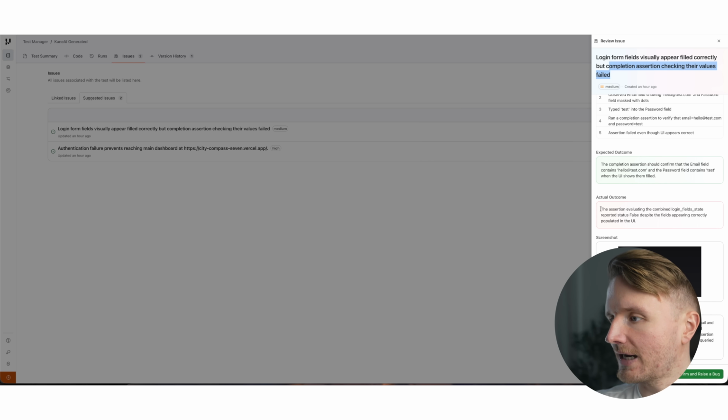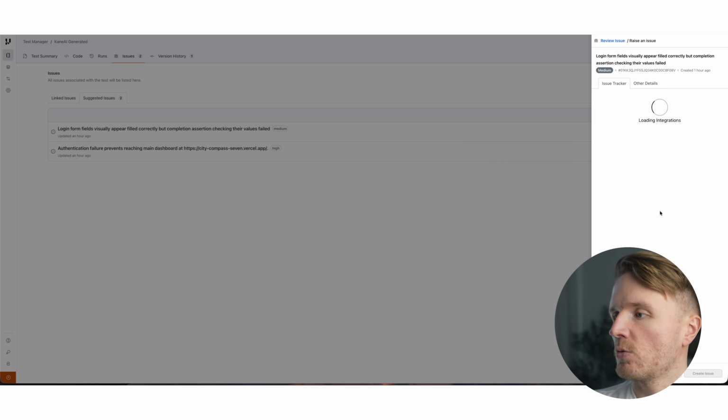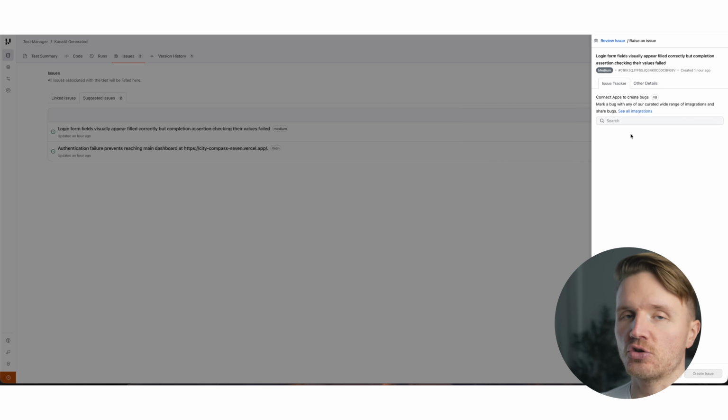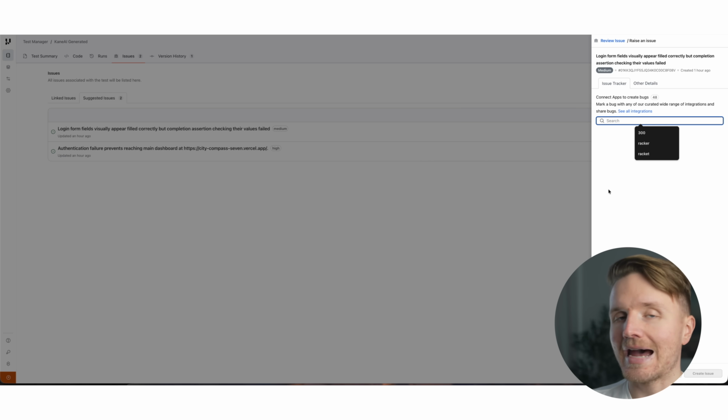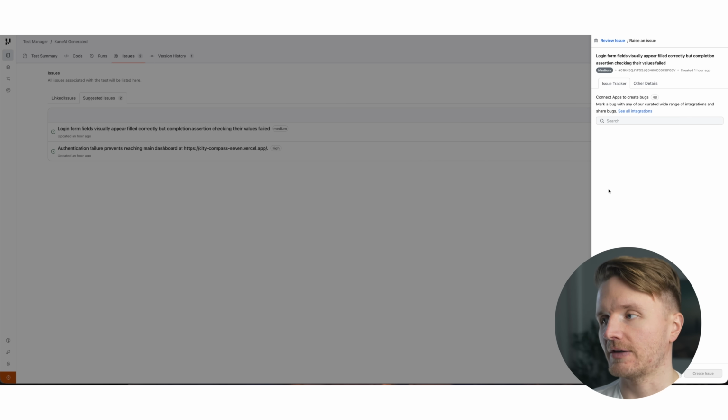So for example, here the outcome was expected that it should confirm the email field contains this value, but the actual outcome was false, meaning that the email was somehow not inputted correctly or something like that. And then what you could go ahead and do is confirm and raise a bug, which you could then connect this to an issue tracking software that you're using